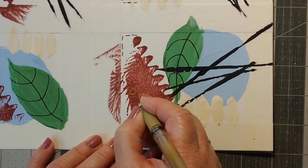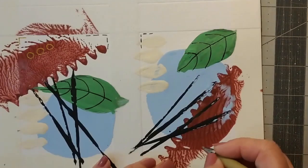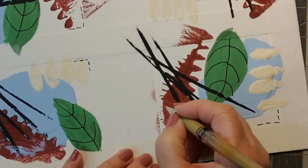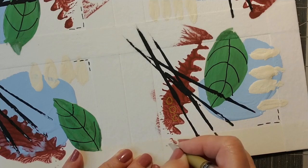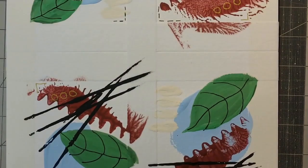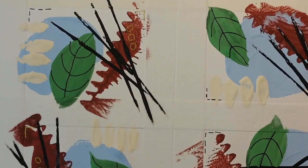Maybe I'll just do 3 circles on this and a corner, and 3 circles, corner. So you see how you just run with the same design, you just do it 4 times. There, 1, 2, 3, and corner. Now I think these leaves don't look super interesting, and I have some white space in places like here,